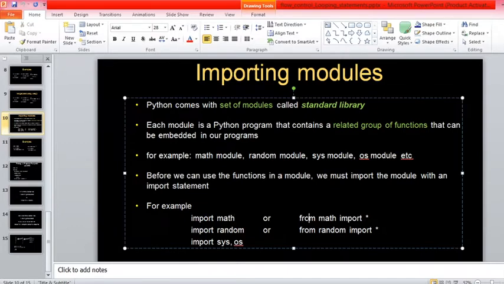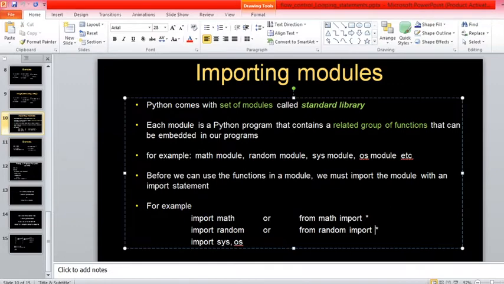But the other way of importing the module is the from keyword. You write the from keyword followed by the name of the module, here math, followed by import, which is another keyword. Then what do you want to import? If you want to import all the methods of that module, you can simply write star. Similarly, I am importing all the functions of the random module with this line, from random import star.